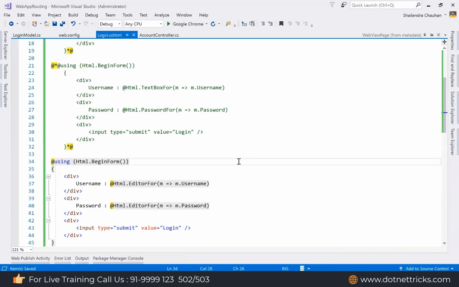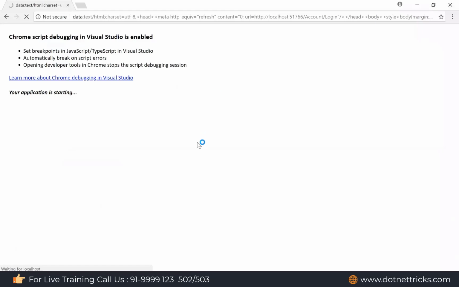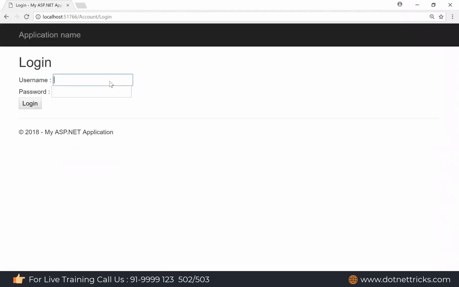When you type something, it will be exposed. You can see. Generally the template helper we use for POC purposes, where we don't care about the design. We are just showing how things will happen. You can see the password is exposed in a simple way. We are not getting the dots here.